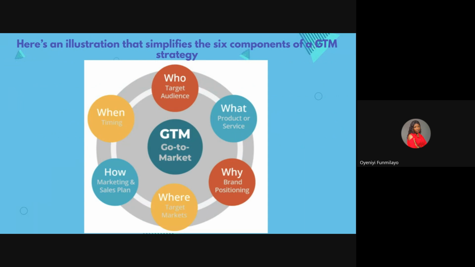So here is an illustration that simplifies the 6 components of a go-to-market strategy, which is who, your target audience; what, your product or your service; why, which is brand positioning; where, which is target market; how, which is marketing and sales plan; then when, which is timing.